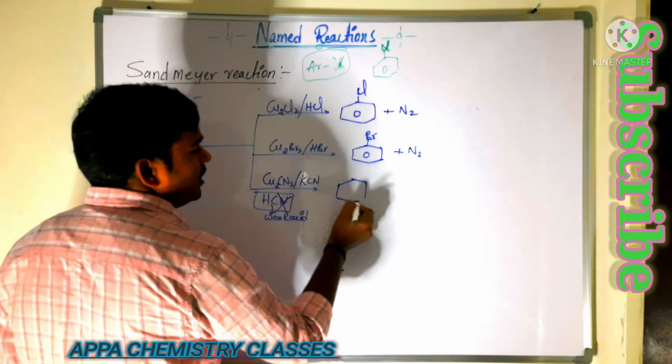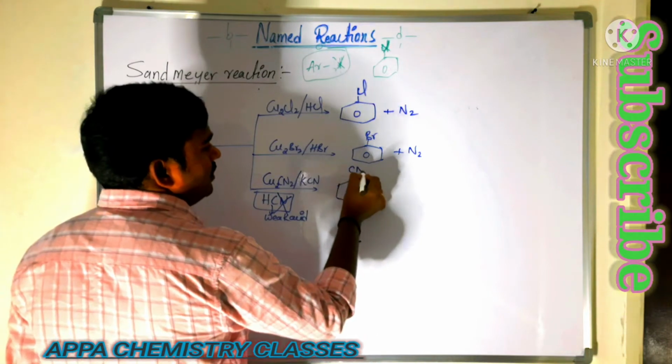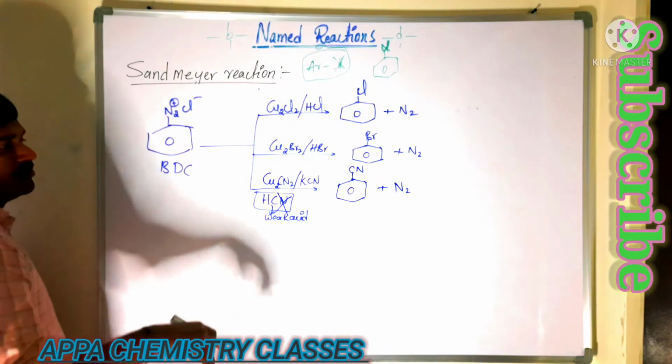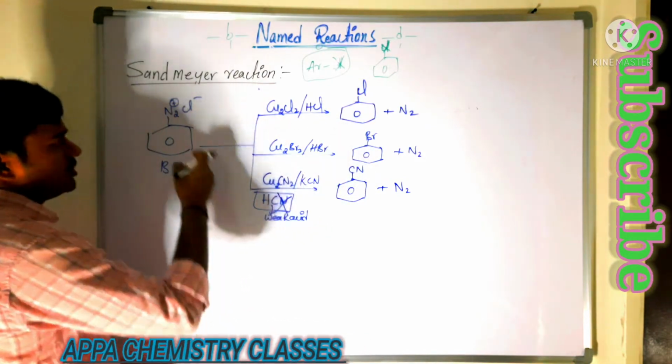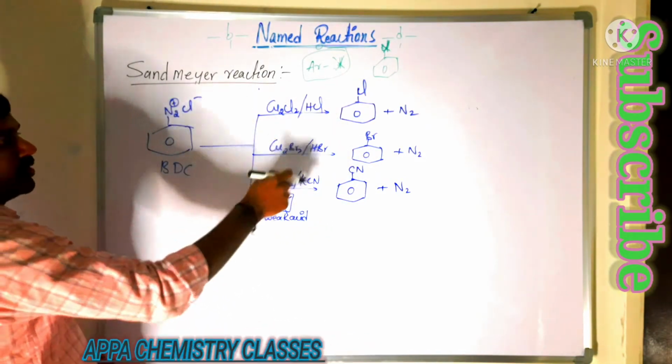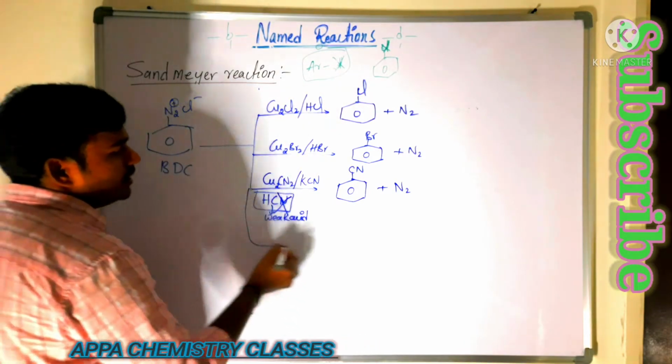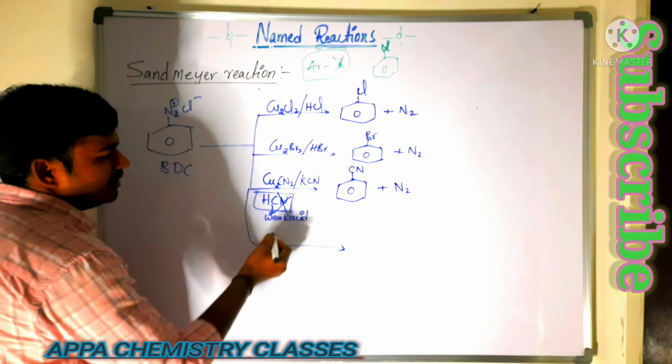Now then what happens? We are getting cyanobenzene, plus nitrogen gas, plus potassium chloride. Here chlorine and potassium will be removed as potassium chloride. Is that clear? Similarly, you may get the doubt of